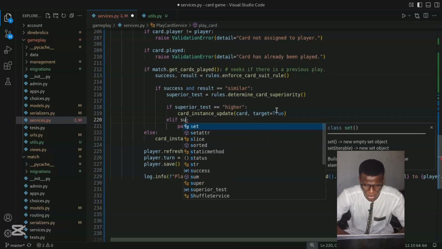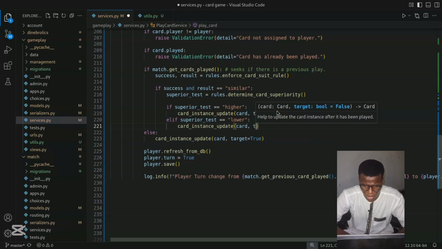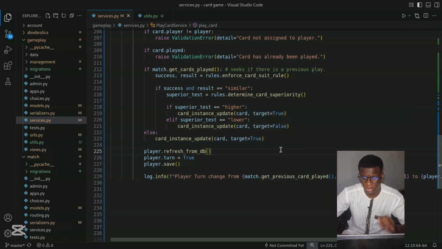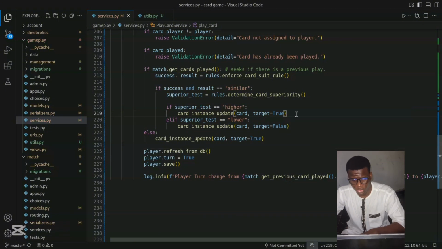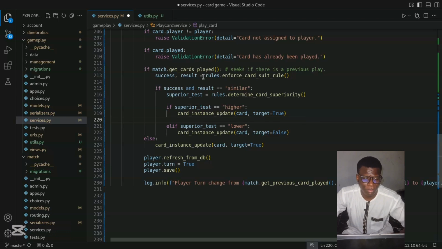Only superior test is lower than card of the distance and the target is false. That makes sense. So if the card is higher, update the card, make the target. If it's lower, update it and make the target. If the match dot cards played,